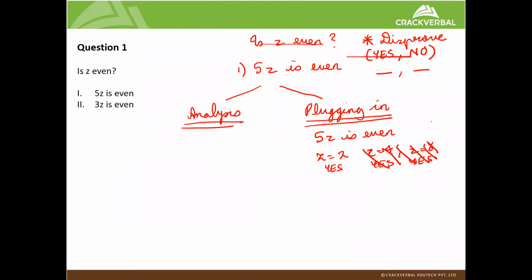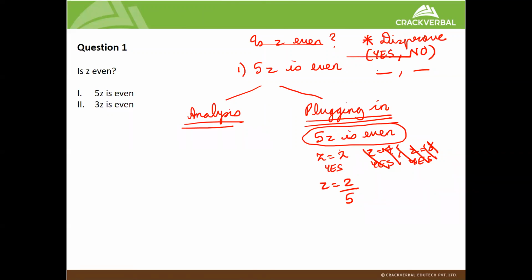What you all did is you all made a very, very big assumption that Z is an integer, right? Remember, all they have told me in this question is 5Z is even. I do not know anything about Z, whether it's an integer or not. So Z can be 2, which when I answer with the main question, it gives me a yes. Z can also be a fraction 2 by 5. Because 5 into 2 by 5, the 5 would cancel out, leaving me with Z to be equal to 2,